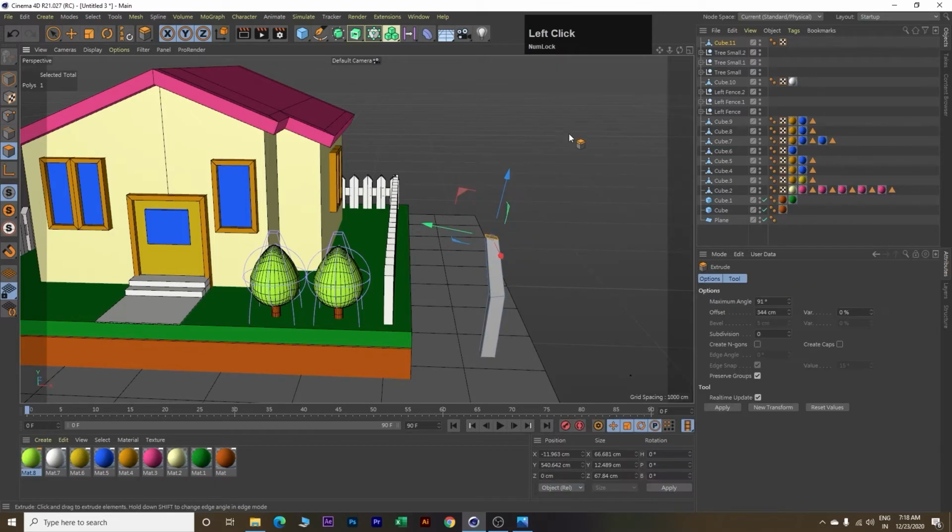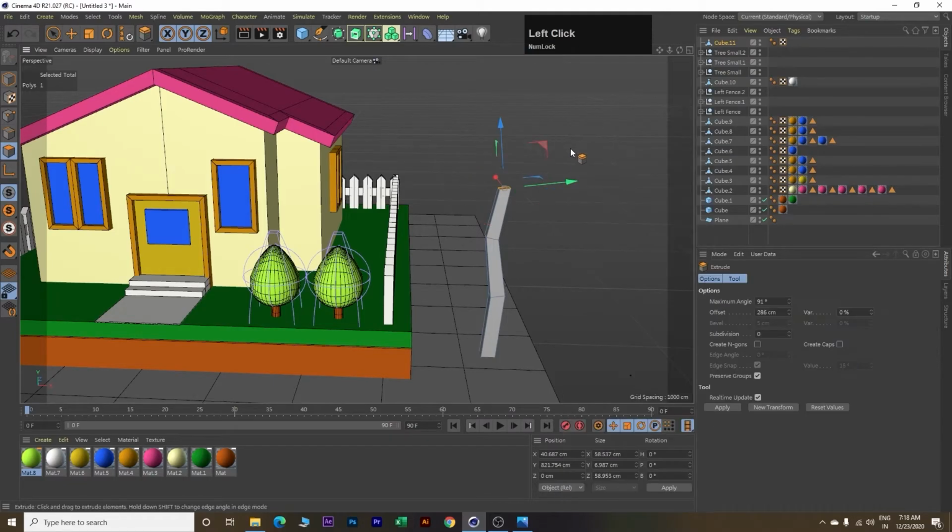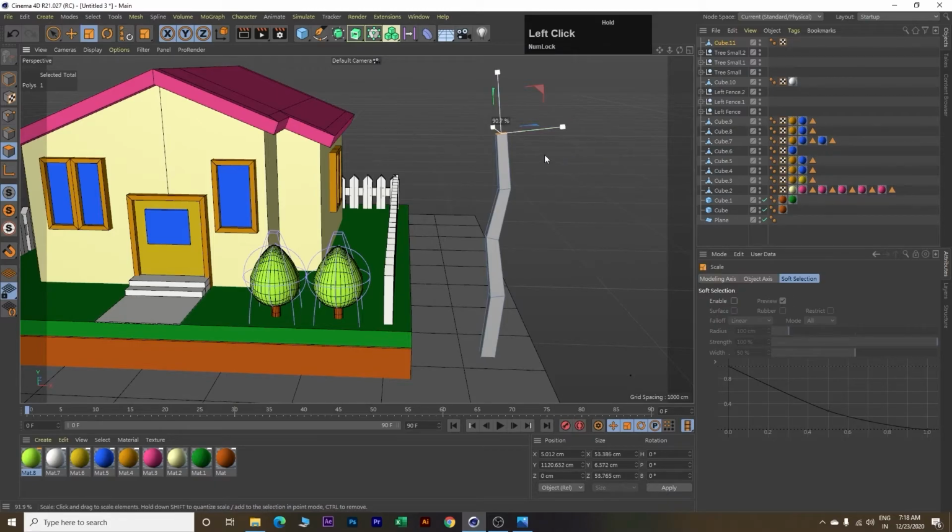Right click, extrude. Again click T on your keyboard and resize. Then click R on your keyboard and rotate. And right click, extrude. And then resize. Click T.